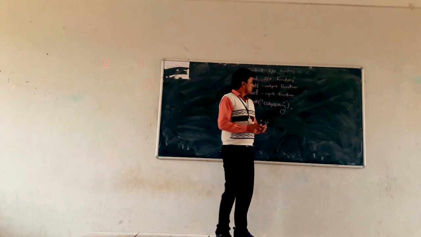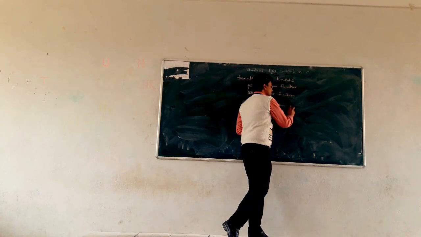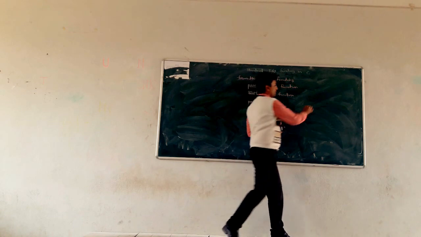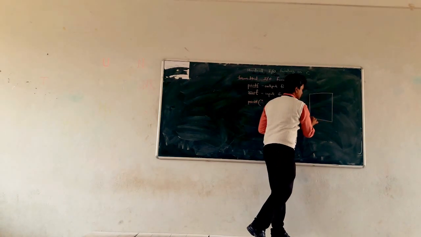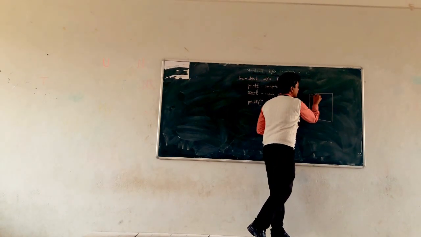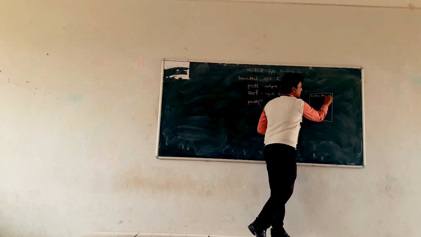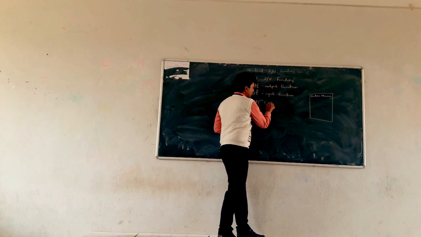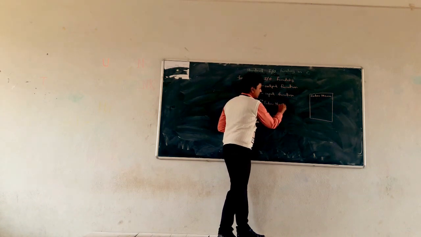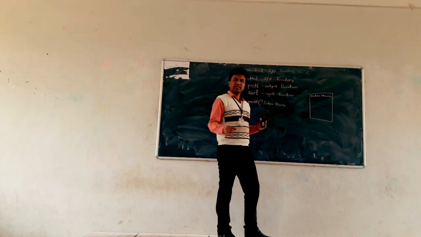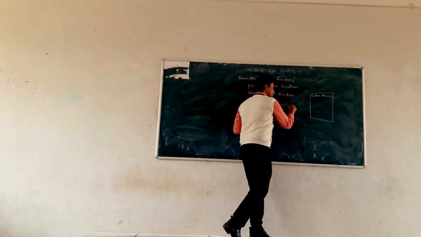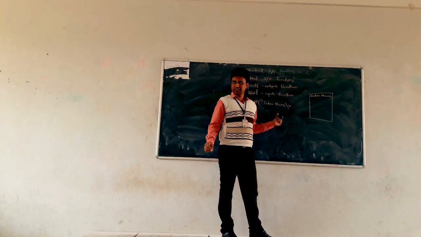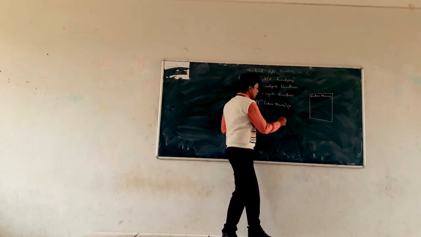Next, why is it called formatted? Because we can format. Suppose on the first line of your console, what do you want? Enter name. That is the message. Then on the second line you want \n, that is new line. The cursor goes to the new line, and what do you require?